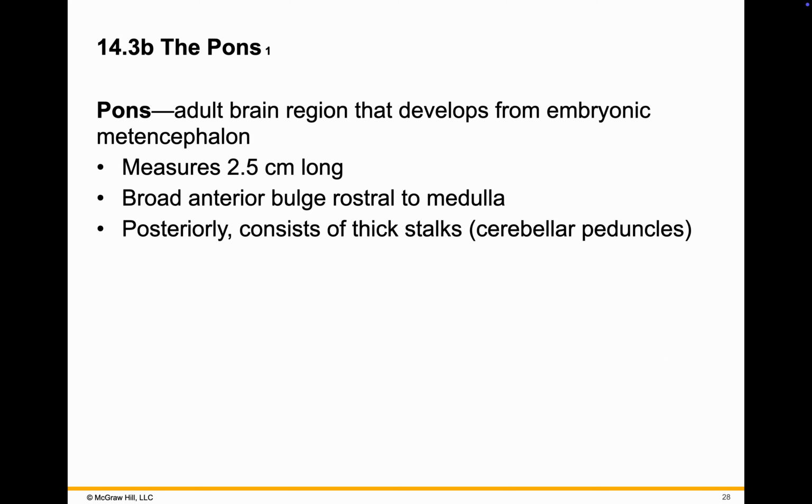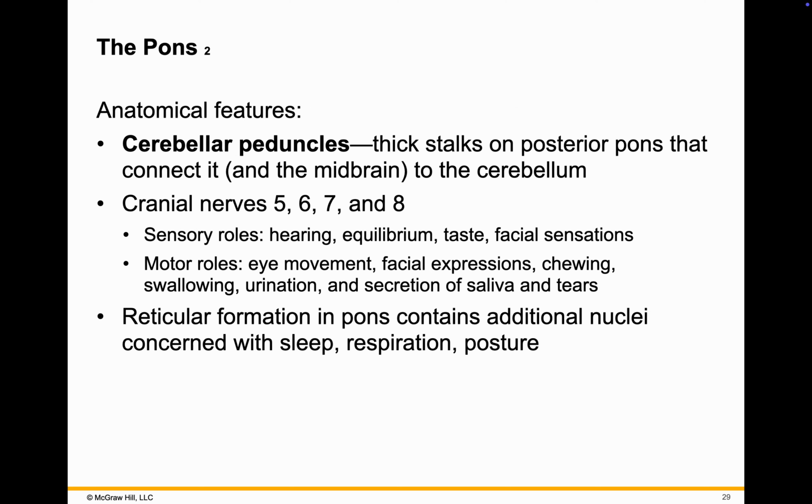The pons above that develops from the metencephalon. It's about 2.5 centimeters long, about an inch. Its broad anterior bulge is rostral to the medulla. It posteriorly consists of thick stalks called cerebellar peduncles. The cerebellar peduncles, as I should have said before, are stalks on the posterior pons that connect it to the